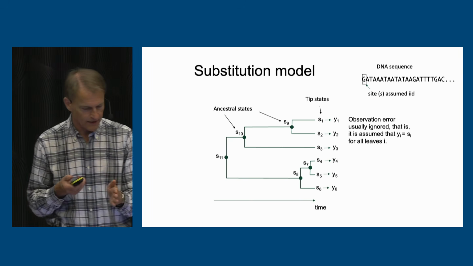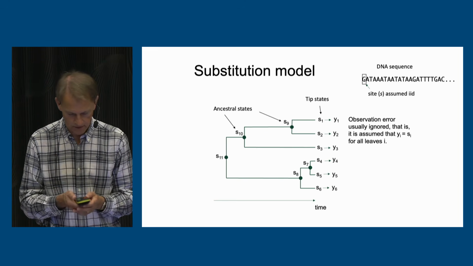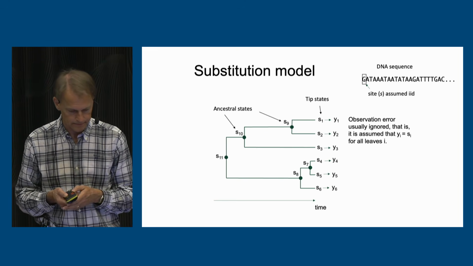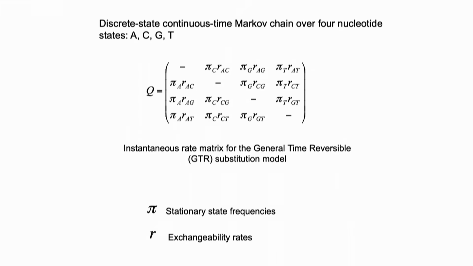So then the unobserved ancestral states in the tree become something that we need to worry about in our modeling and in inference. And the standard approach to modeling this substitution process along the tree is this discrete state, continuous time Markov chain model over 4 nucleotide states,